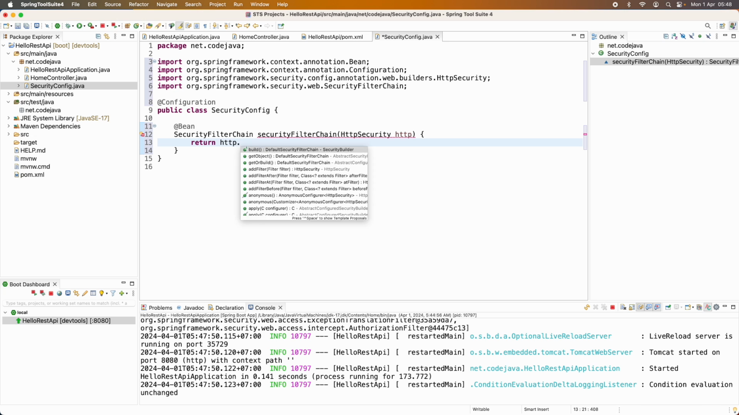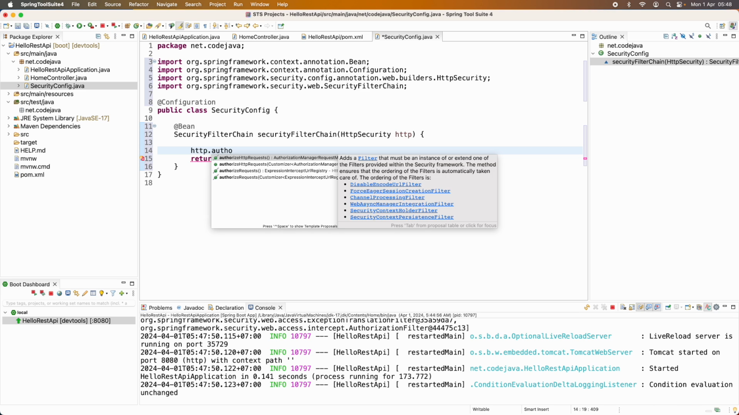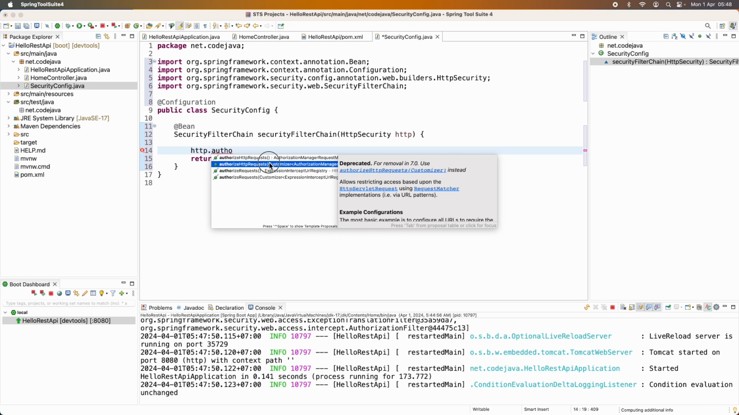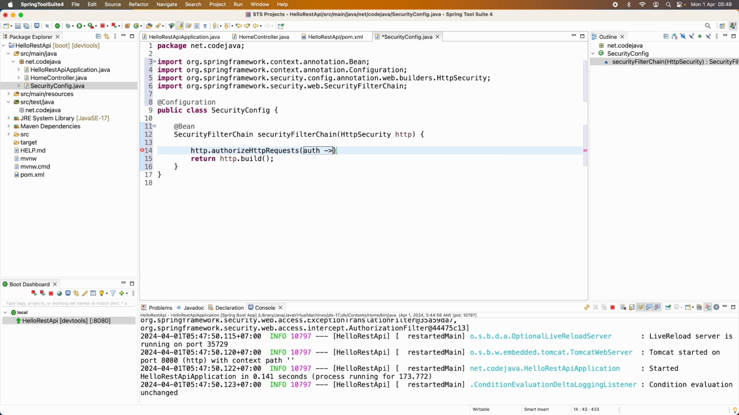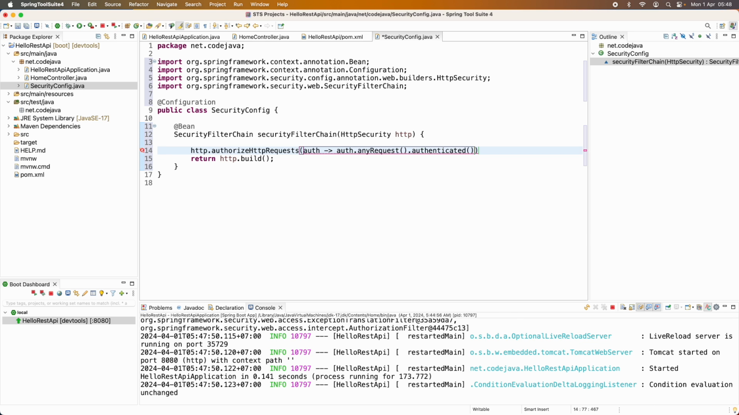Return http.build(). And now we configure HTTP security to enable HTTP basic authentication. So we call http.authorizeHttpRequests, any request authenticated,